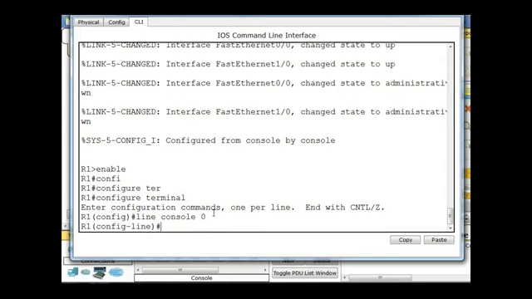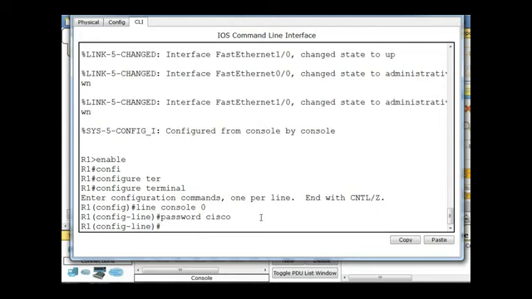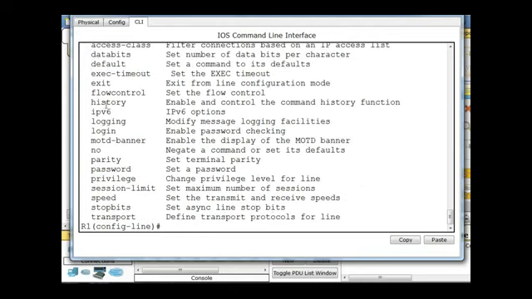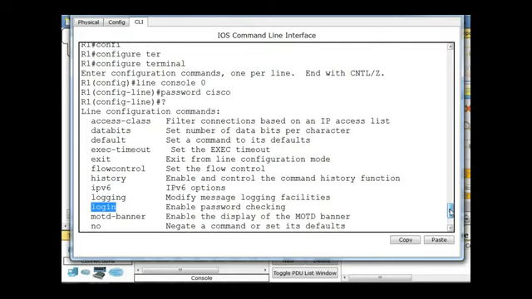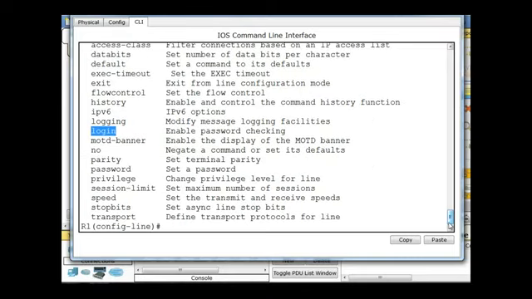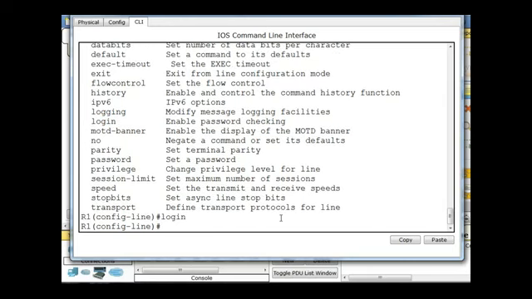And in line console 0, I'm going to say password, and I'll type in Cisco. So that's going to make the password equal to Cisco. I'll hit enter, and then I'll type in login. Okay, you can see what commands are available to me here by typing in a question mark. You can see I can set the history, I can set logging. Notice login, enable, password checking, right? So login right there. You can see there's other things that I can put on the line console 0, but what I'm going to do is I'm just going to type in login, and I'll hit enter,